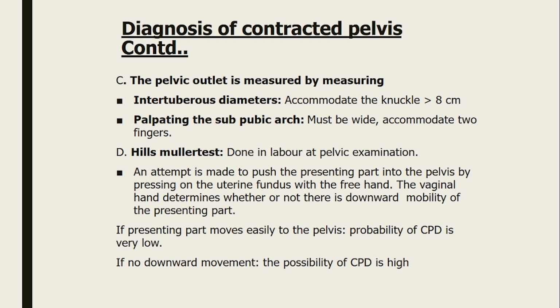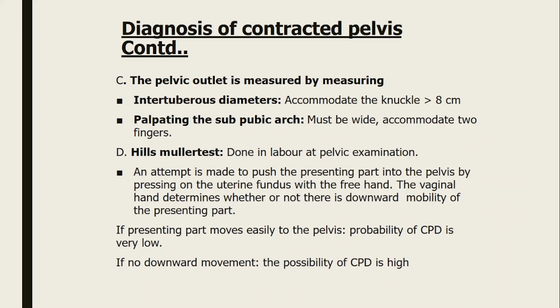Put 2 fingers. The subpubic arch must be able to accommodate 2 fingers. That should be wide enough. But if you cannot accommodate 2 fingers, that means the subpubic arch is acute, and it's not likely that the